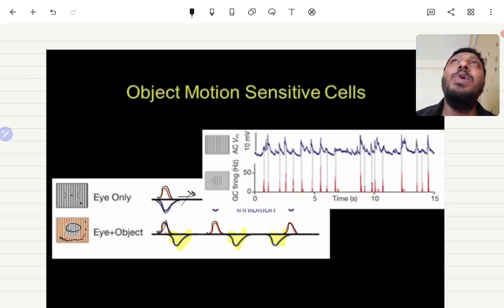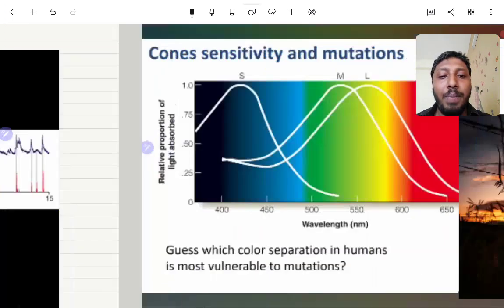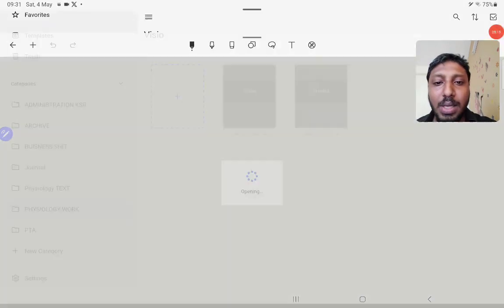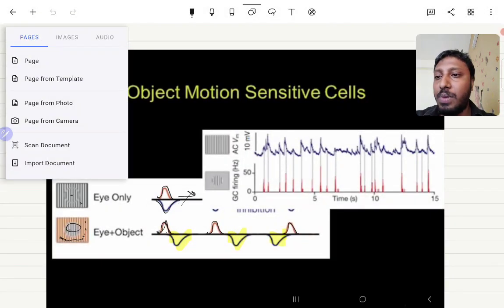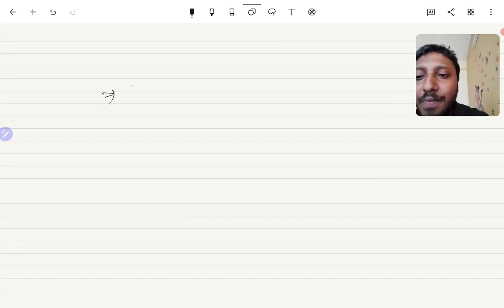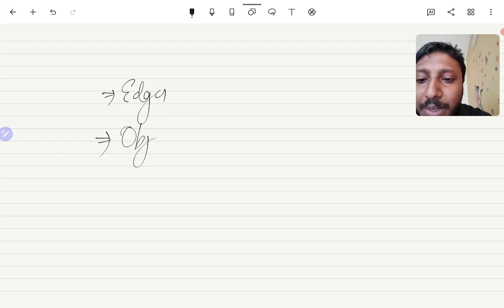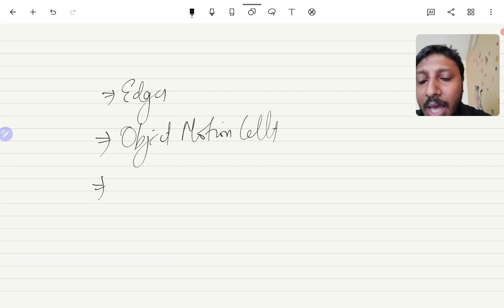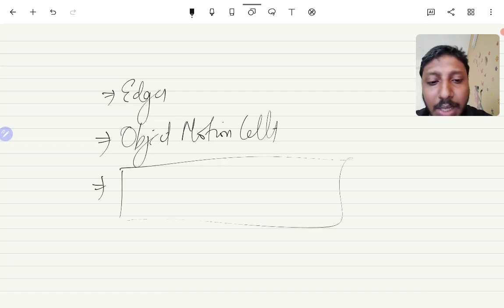There's a beautiful illusion of a lilac dot chasing. We'll talk about it after we talk about color. So basically, in today's class, we detected edges, we detected object motion cells. And then we have one more major thing, color vision.